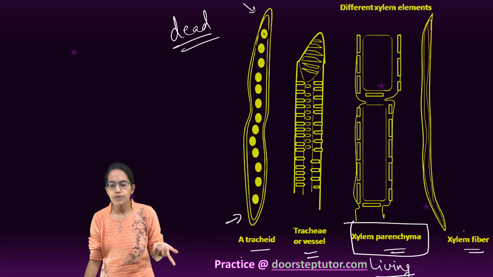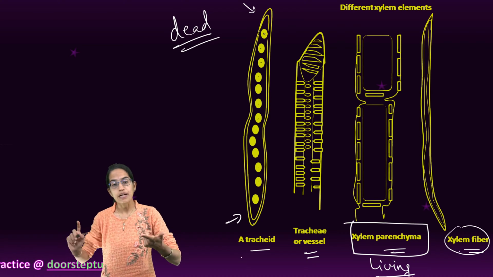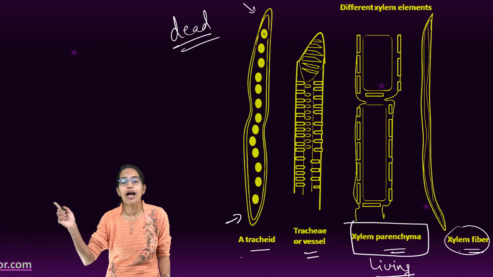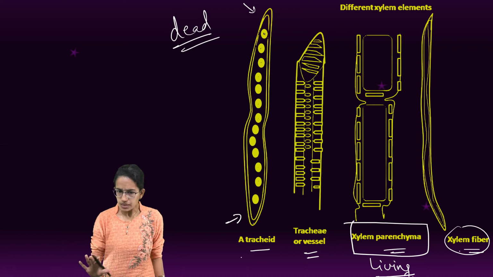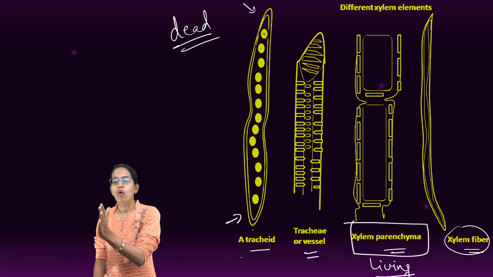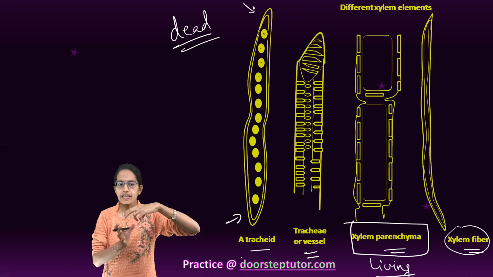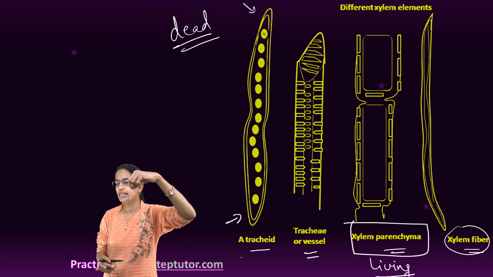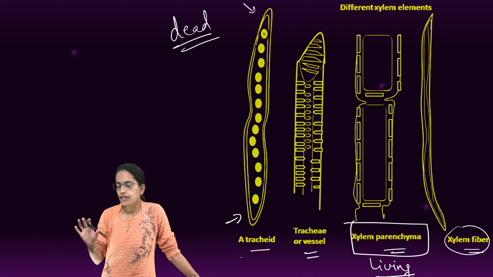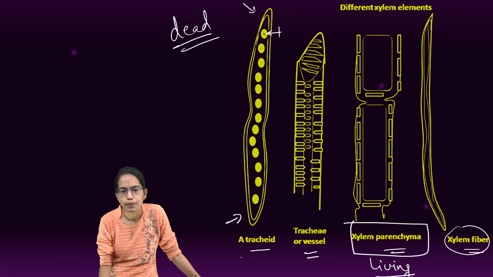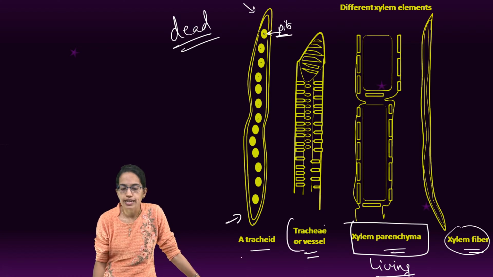So a good way to remember is both xylem fiber and phloem fiber are dead. So that's how you can remember. But phloem is a living conductive tissue, and therefore phloem fiber is an exception, which is dead. Easiest way to remember. So coming on to all the four elements of xylem. Understanding trachea first. It is dead, elongated, tapering at both the ends. The wall is lignified and the ends are not perforated, but in certain cases there are pits which are seen within the tracheids.